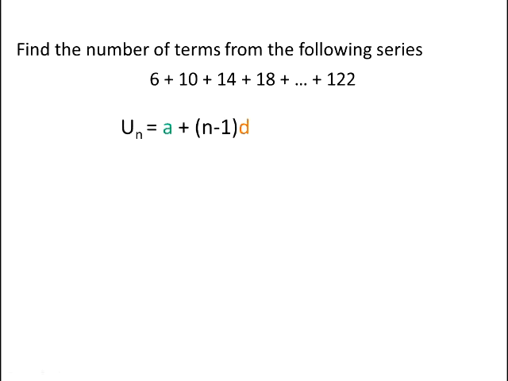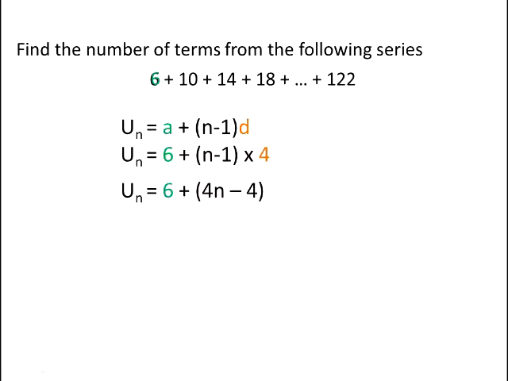Well, sorry, what number gives us 122? So here's our formula. A is 6, let's pop that in. We don't know what n is, so we're stuck here, but we know it's going up in 4s. Now here we have a bracket times by a constant value, so normally what we do is put that in the front. I haven't done that here, but it's 4 lots of that bracket, so I'm hoping you're okay with